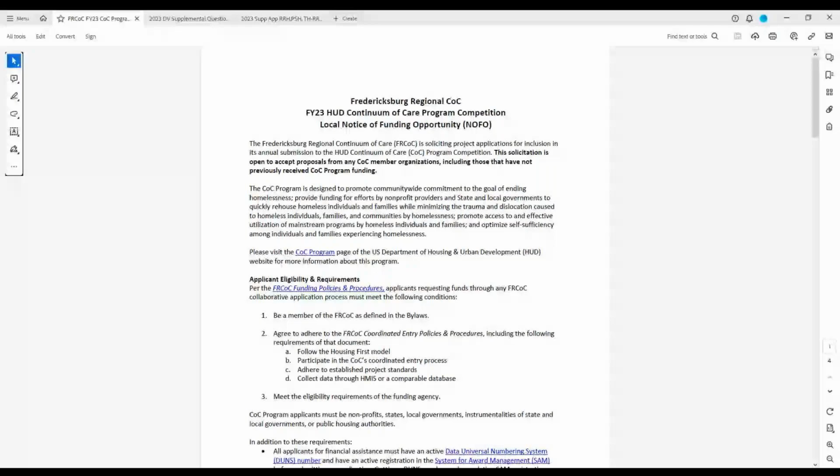Okay. So this is our local NOFA. This will provide you with lots of general information and resources for how to actually apply and what we're looking for. It gives you a little bit of brief information about the CoC program competition, lots of links to the CoC program page under HUD's website, and walks you through some of that basic eligibility again.